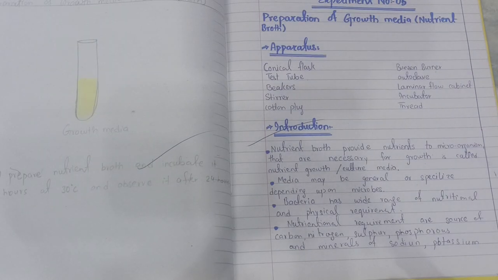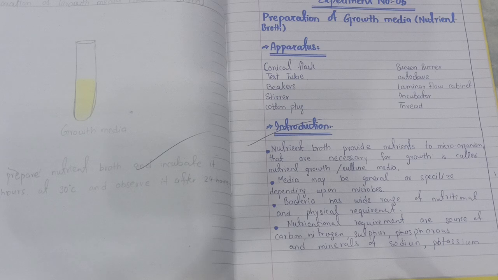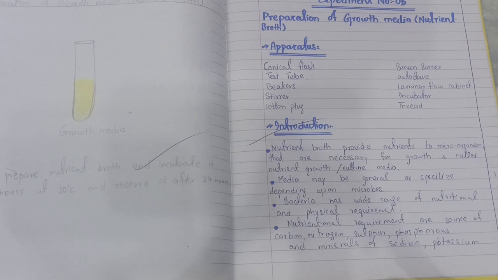So in the next experiment, experiment number 5, we have to prepare a growth media, nutrient broth. It's just similar to the nutrient agar, the difference is that the nutrient agar is in solid form, while the nutrient broth is in liquid form. Okay, so it is a liquid growth media, while the nutrient agar